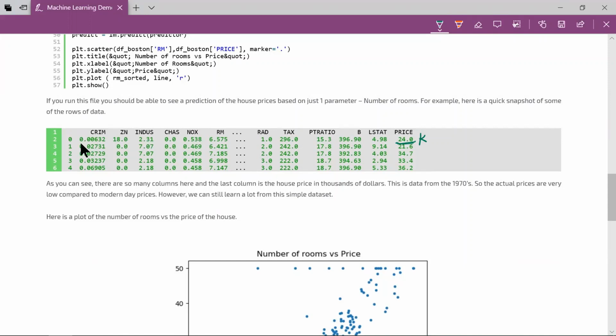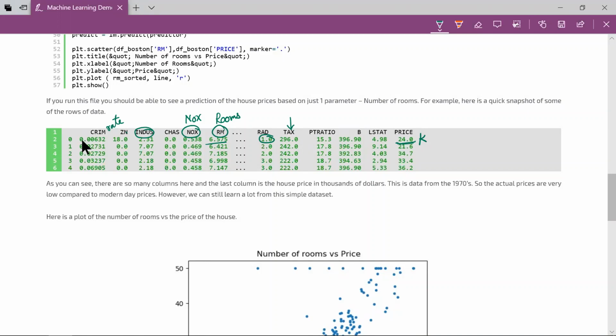And for each house, they have said this is the crime rate, this is the zone, whether it's an industrial area or not. This is nitric oxide, meaning pollution. This is the number of rooms. You see the 0.5 because they are averaged. This is the radius to the nearest commercial center. This is the tax rate. There are so many different